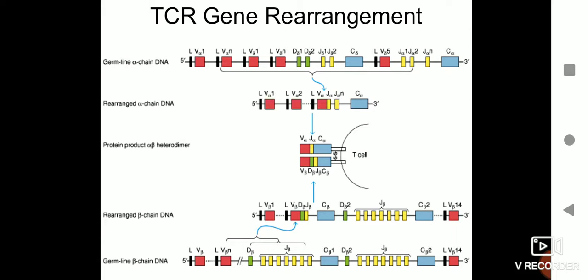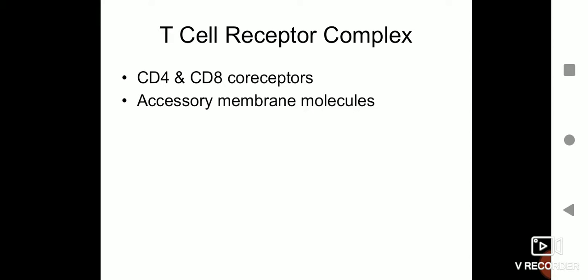So this is how gene rearrangement, which is a very random process, can lead to variability in the CDR region of the TCR. That is how, even though there is only one gene coding for the T cell receptor alpha chain or beta chain or gamma chain or delta chain, each TCR will have the ability to recognize and bind to different types of antigenic determinants. So this is the region where you can find rearrangement taking place in case of TCR gene, right?